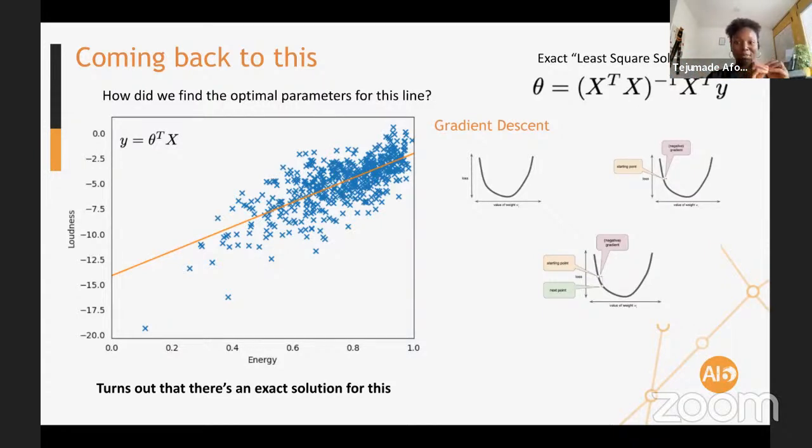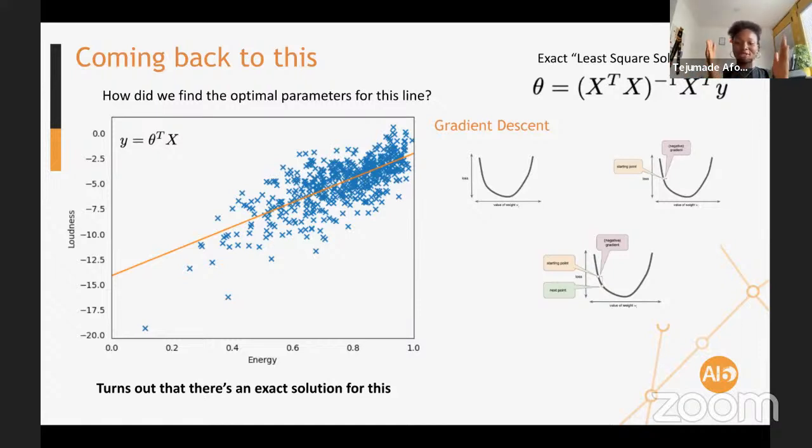So the optimal parameter can be gotten by just finding the correlation in your metrics. The correlation term is x transpose x, that would be the correlation in your data. Then you find the inverse of it, times x transpose y, and then you find the optimal parameter. But of course, you have to tread carefully here because there's a bunch of assumptions.